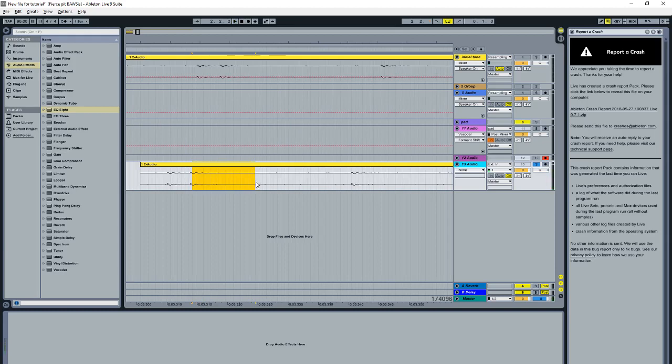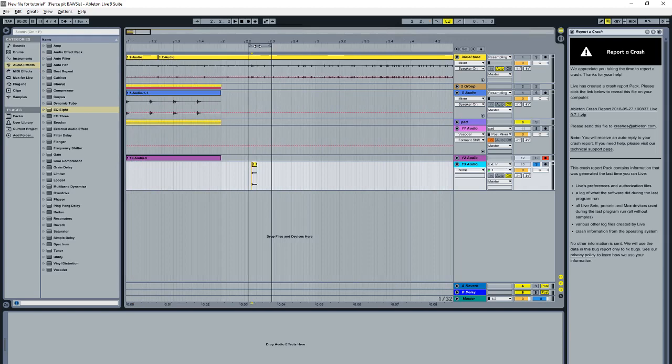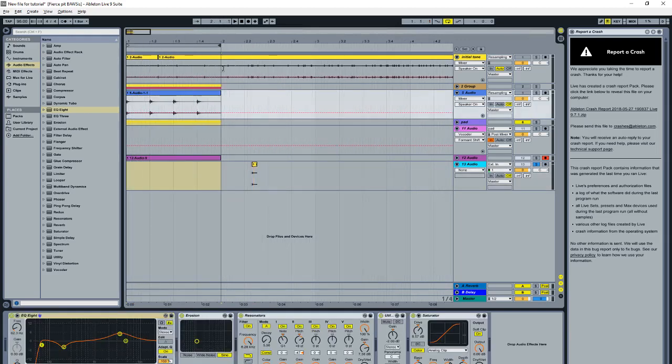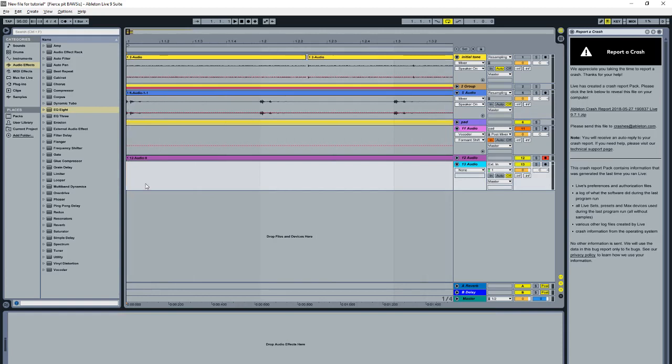I'll take it out. So we've got our first loop here. It's a nice tone. It's got what I like in a techno sound. It's got the drone. So